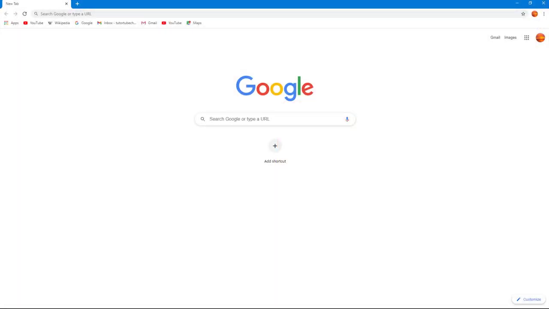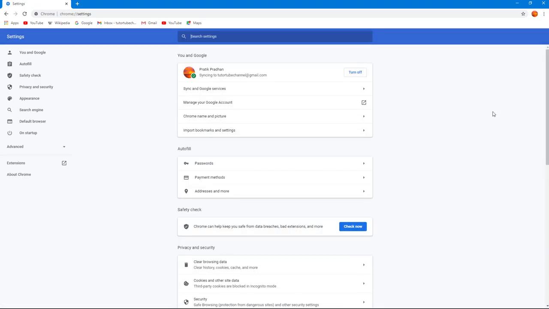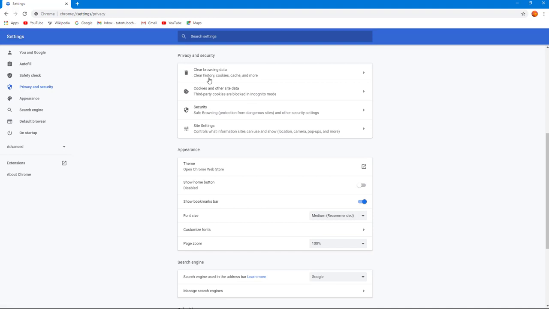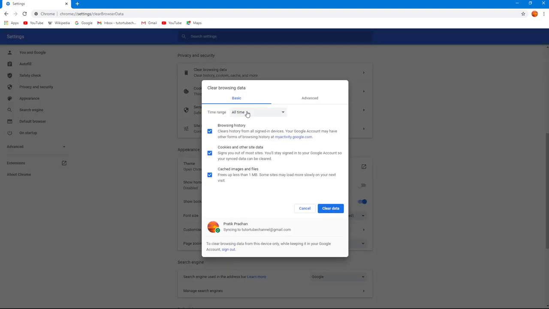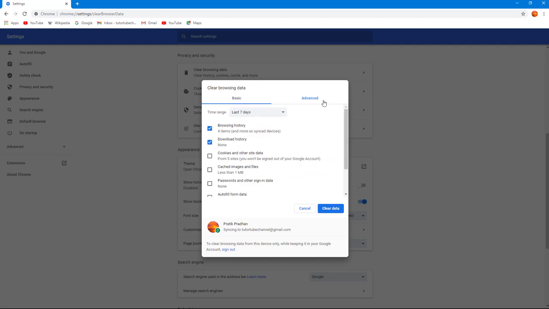So in order to clear out the browser data from Google Chrome, you can go into the three dot icon right here, and then you can go to settings. Once you do that, you can see that under privacy and security, there's clear browsing data. Once you click on this, and if you were to select all time and select all the options right here